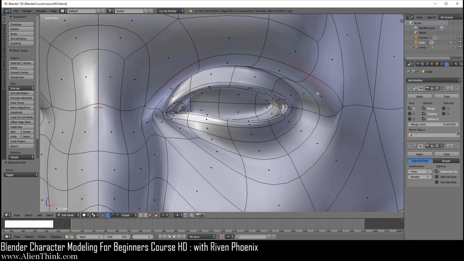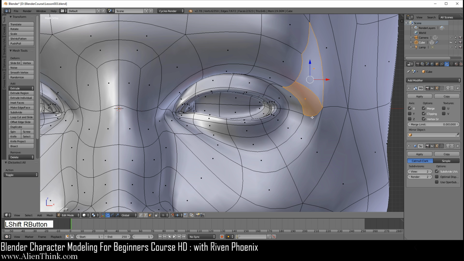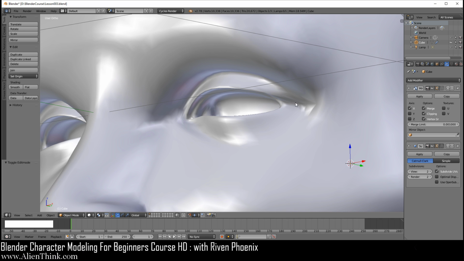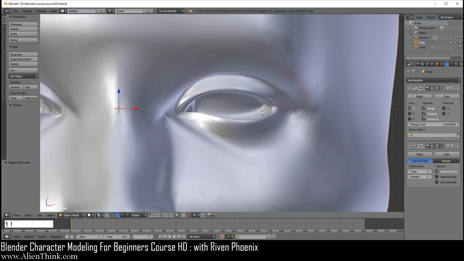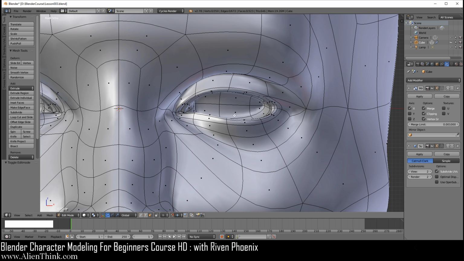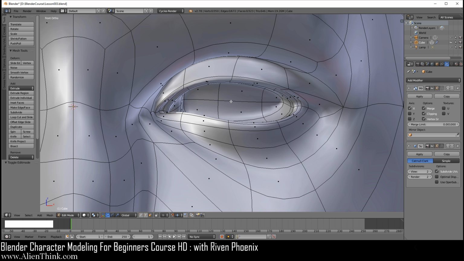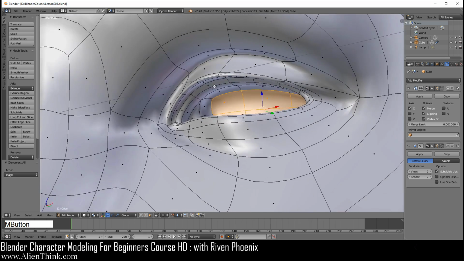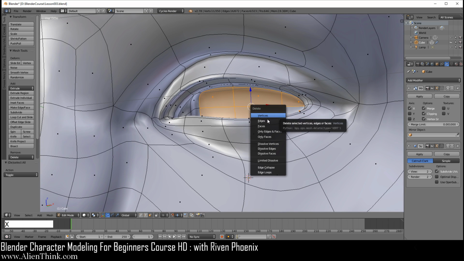A to deselect. So next I'm going to go ahead and click this. Now I'm going to finish this off, do Control A 1 time over here, then we're going to click on these two, do Control A 2 times. The reason we did this is because now this will give us the nice edge over here, and the eye is done. So now let's go ahead and create the eyeball. A to select, A to deselect, and we're just going to select these guys over here. See this inside? We're going to do E, X, and delete the faces.